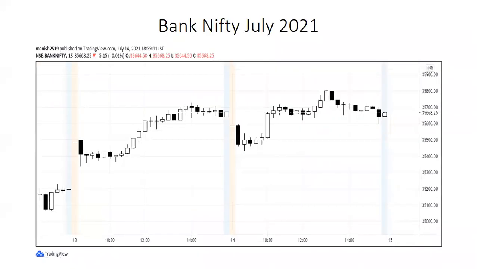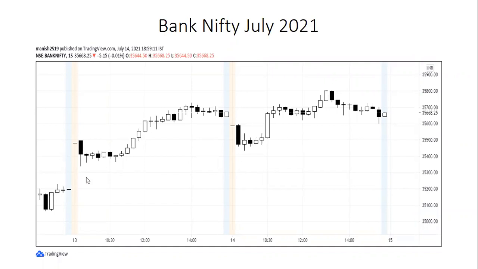Okay, now this is very recent, last month example only, Bank Nifty. 15 minutes time frame, date you can check 13th and 14th July. So guys, on which date can you see this setup out of 13, 14? Perfect. So here we have a setup on both days, 13th as well as 14th. You can look at the graph very carefully. You will find setup on both days, 13th as well as 14th.